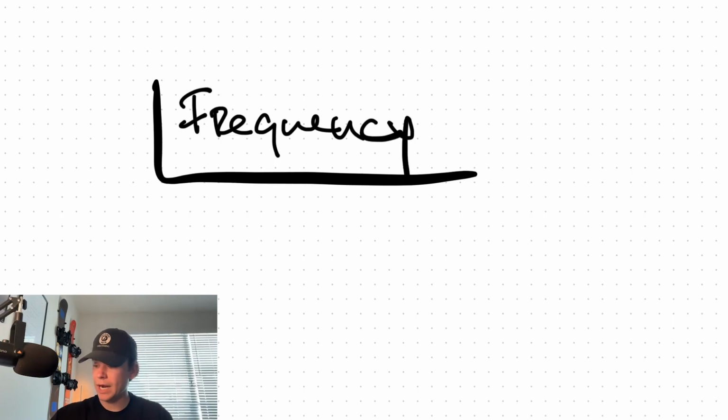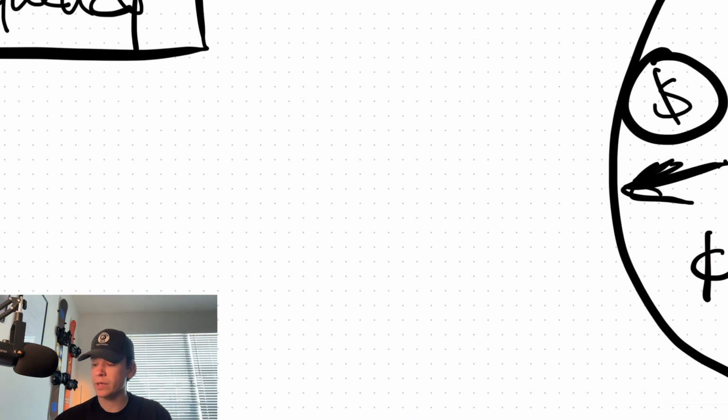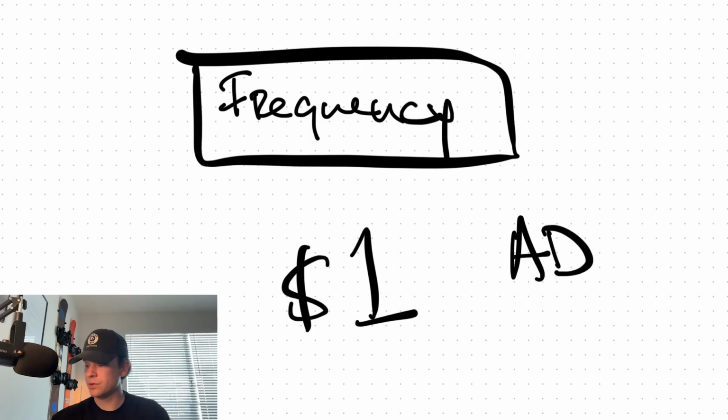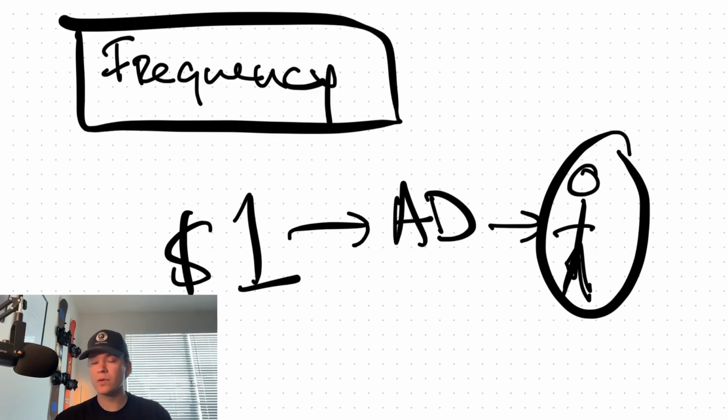And what we're looking for inside of the accounts, outside of just a dip in performance, is a metric called frequency. If you don't have this set up in the ads manager, I highly encourage you to do so. Frequency is the metric that tells us how many times that ad has been served to people. So if we go back to this example and we look at an individual as a dollar sign, let's say we spend $1 to serve an ad to a person. If we spend $1 on an ad, it's going to reach this individual. But again, remember, there's only so many of these people.